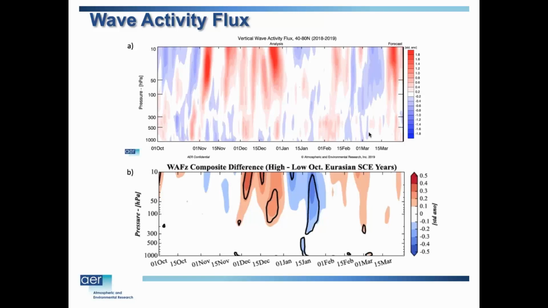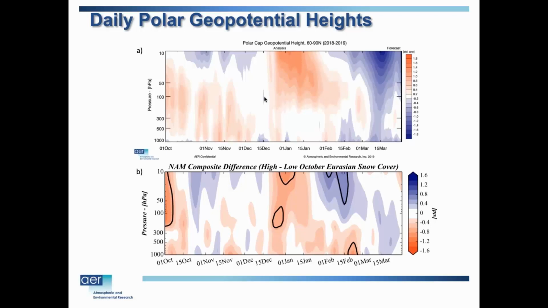And if you look at the heat flux from snow cover and compare it to the observed from last week, you can see a very nice match of the timing of the heat flux. Very nice timing, that analysis that I showed earlier in the talk, from looking at snow cover. And looking at the polar cap height, it was almost an identical match in the timing of exactly when this polar vortex disruption took place. Now the big difference was that following the polar vortex disruption, based on this analysis, you expect a strong downward propagation of these polar cap heights or the AO, and that really didn't happen last winter.